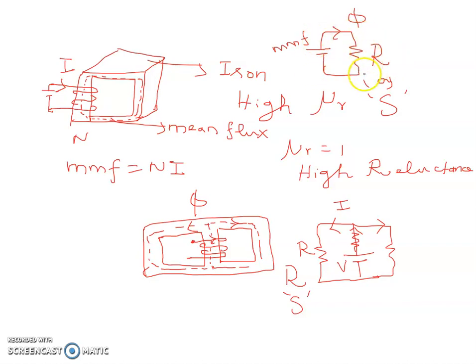So it is a single magnetic circuit, but here two parallel paths are there. This is one path and this is another path. So it is a parallel magnetic circuit, and the other is a series magnetic circuit. This core type transformer establishes a series magnetic circuit, and this shell type transformer establishes a parallel magnetic circuit with a source of MMF at the center and two parallel magnetic paths.